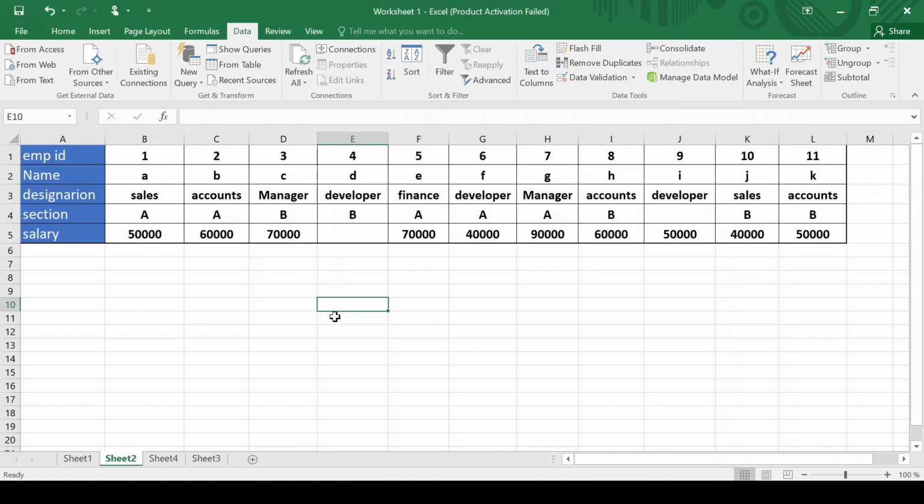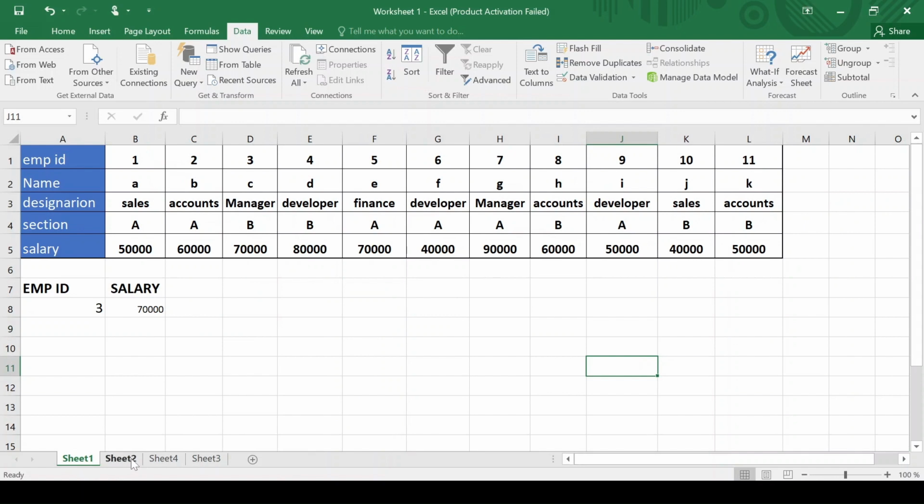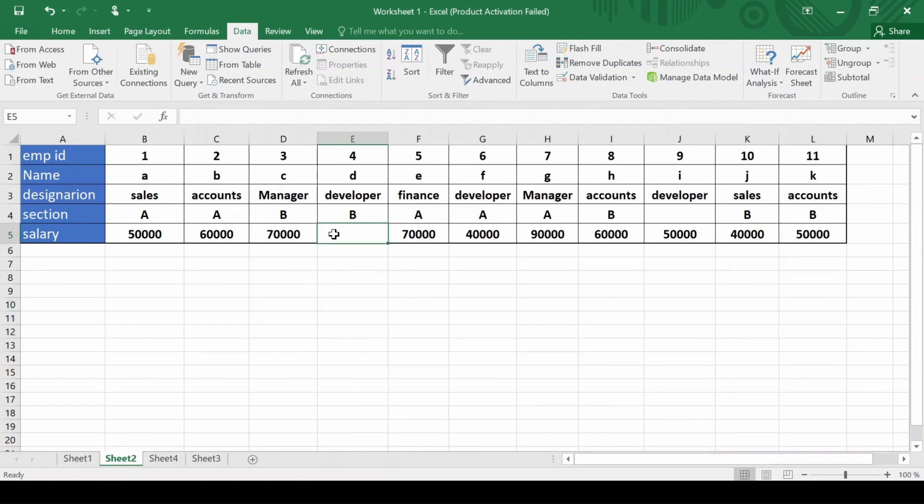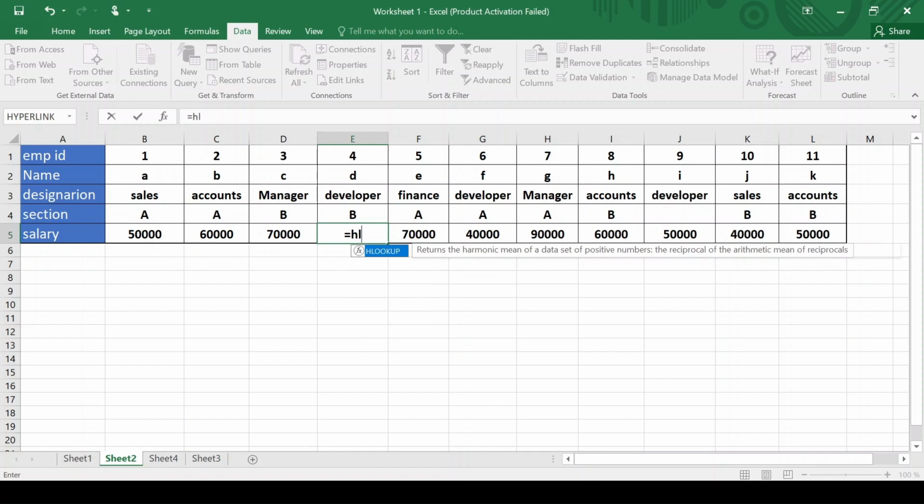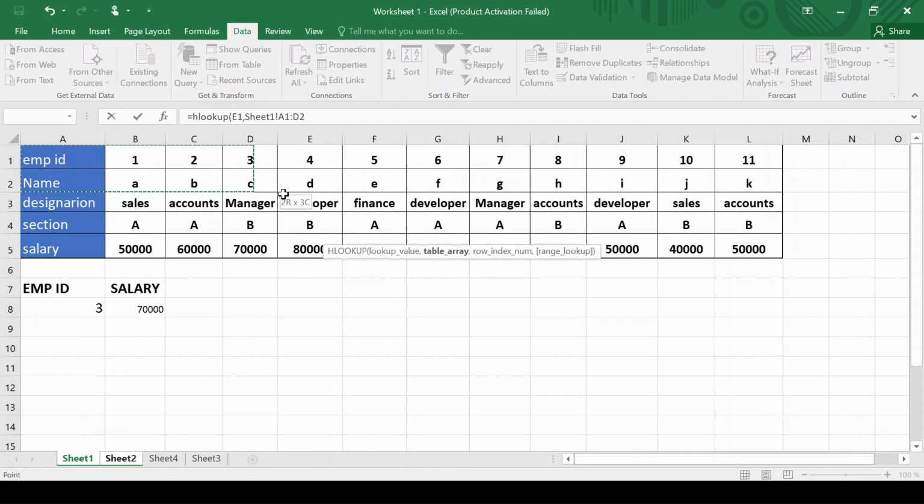Now we will see how we can transfer our data from one sheet to another sheet with the help of HLOOKUP. So this is our table, and we want to find the salary of the employee whose ID is 4. This is our previous table. So here we'll write the HLOOKUP formula, equals to HLOOKUP, within bracket we'll give the lookup value. That lookup value is employee ID 4, which is in cell E1, comma, then we have to give the table array. We have to go to Sheet 1. We will be selecting the whole table,